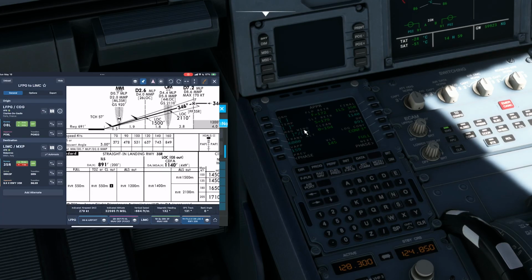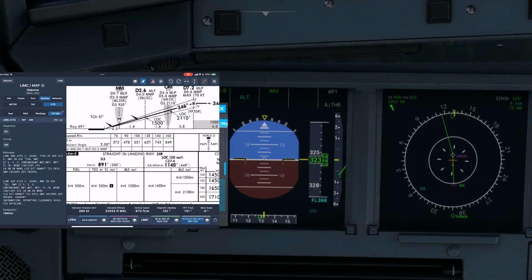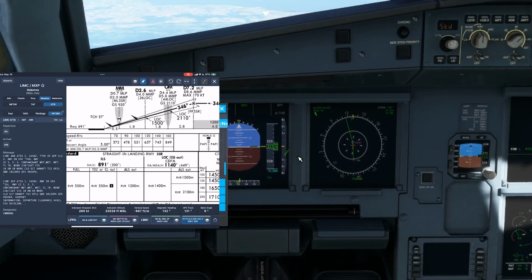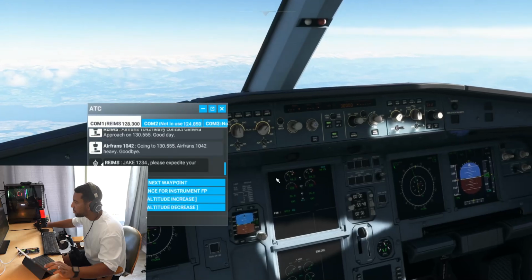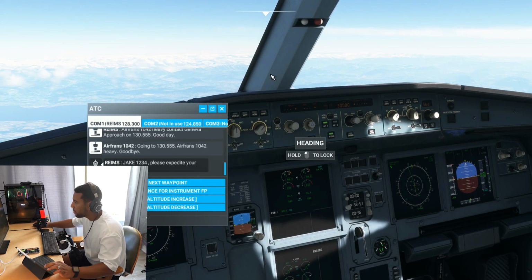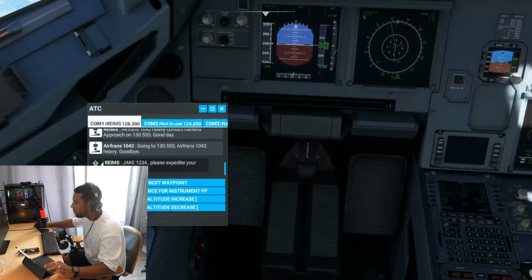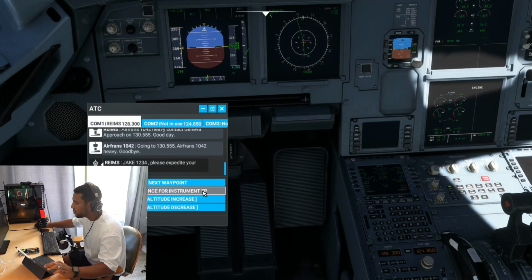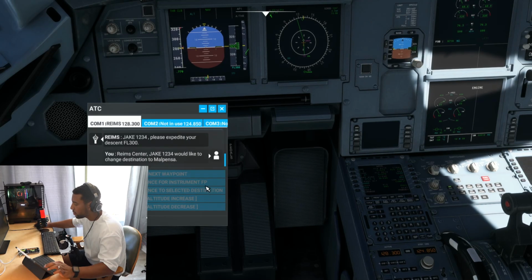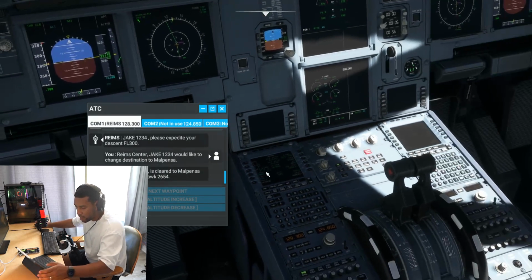Jake 123, please expedite your descent flight level 300. Don't let me. Reams Center Jake 1234 would like to change destination to Malpensa. Jake 1234 is cleared to Malpensa Airport as filed. Squawk 2654. Anyways,